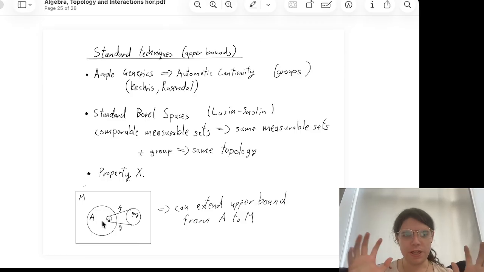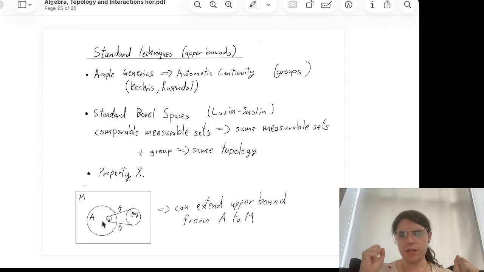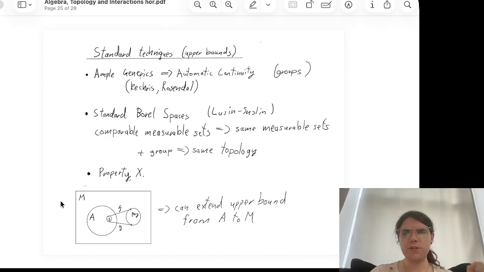And this works in many examples, and this is the standard technique for proving semigroups have unique Polish topologies using group techniques. And if your group has automatic continuity, as mentioned before using the ample generics trick, you can use property X to steal that for the semigroup. So in particular, because the symmetric group on the naturals has automatic continuity, you can deduce from this that the full transformation monoid of the naturals has automatic continuity, because it has property X with respect to the symmetric group.